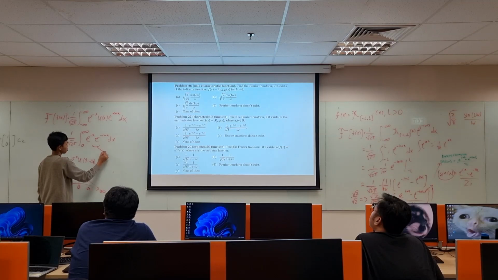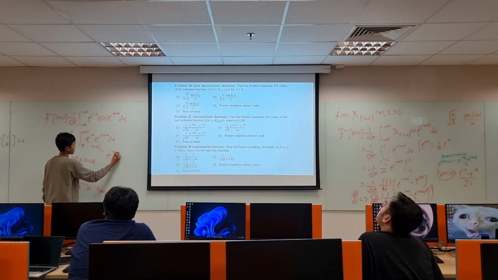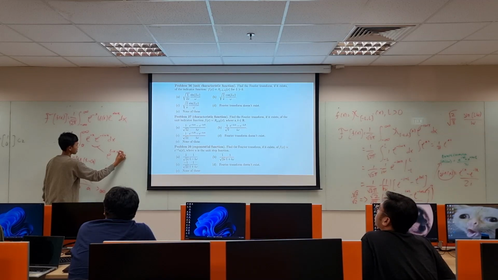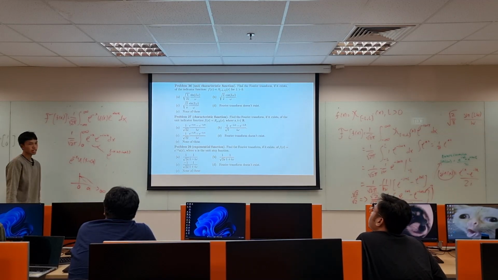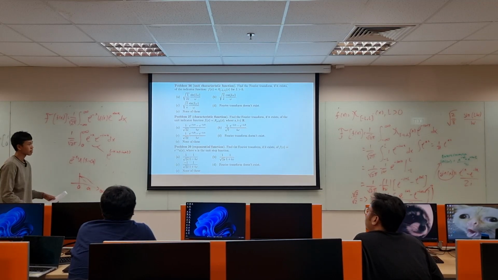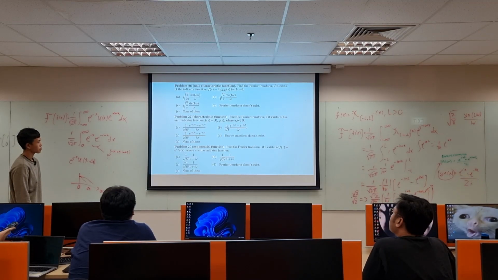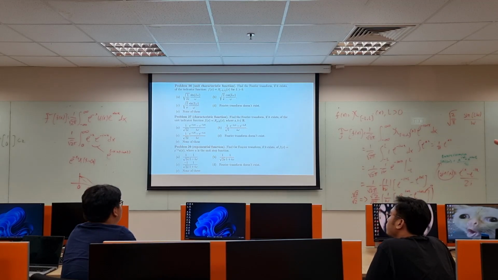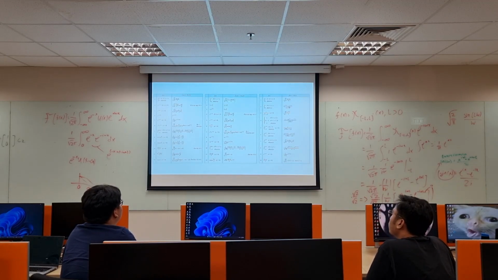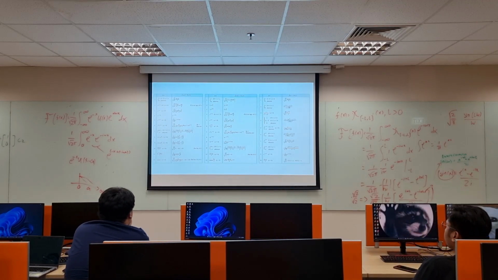So these two can be written like e to the power of minus x plus minus I omega x, and then you solve the integral. Okay, you can compute the integral on your own. This is why there is a term of 1 plus I omega, because we take out the x, you will have 1 plus I omega. Like the Laplace transform, the Fourier transform also has a table. You can check it in the table book for the Fourier transform also.